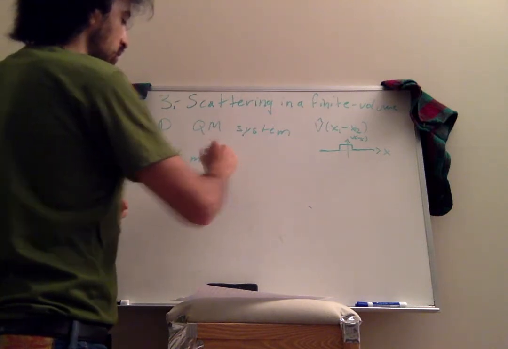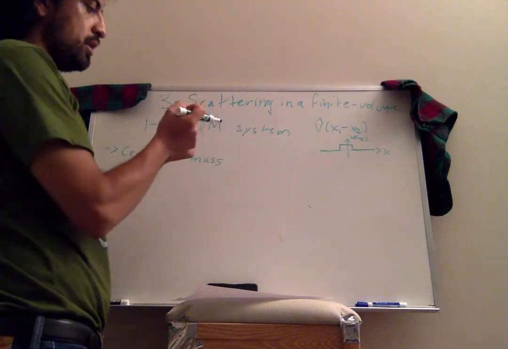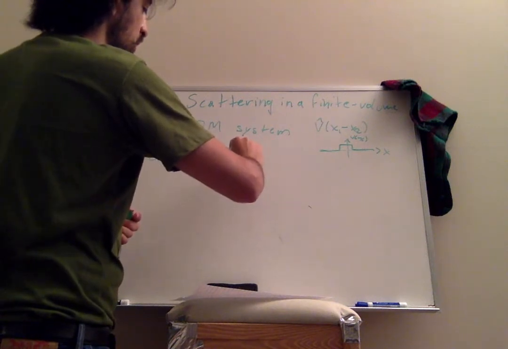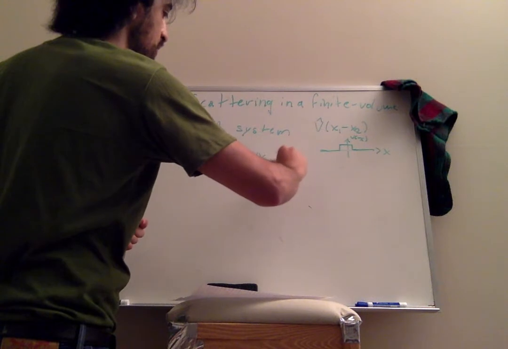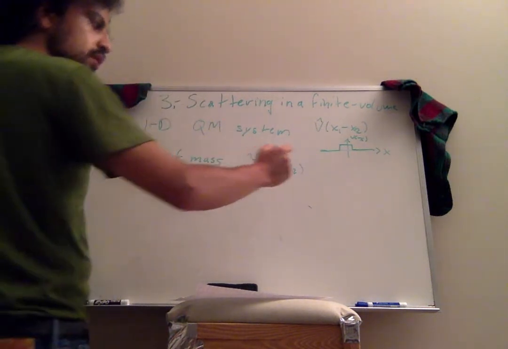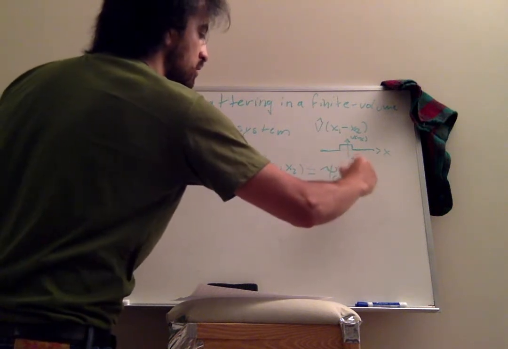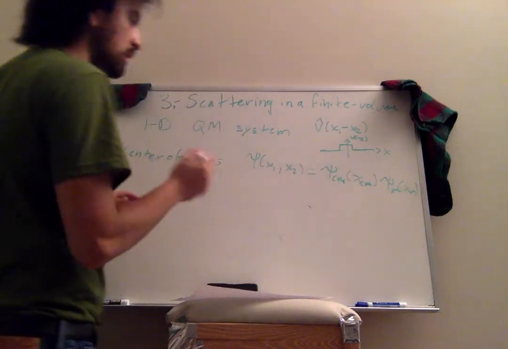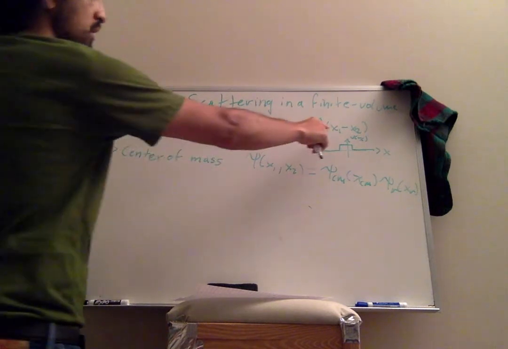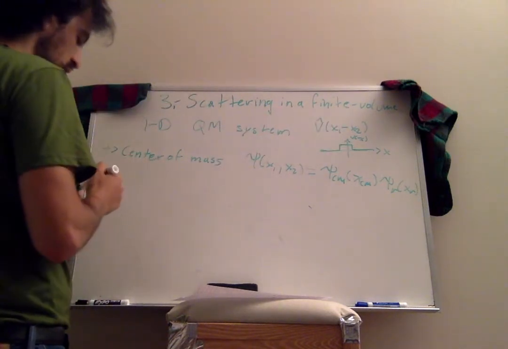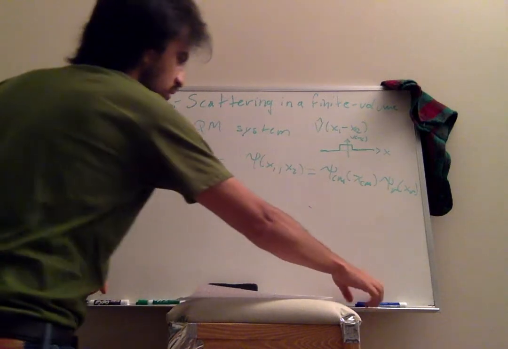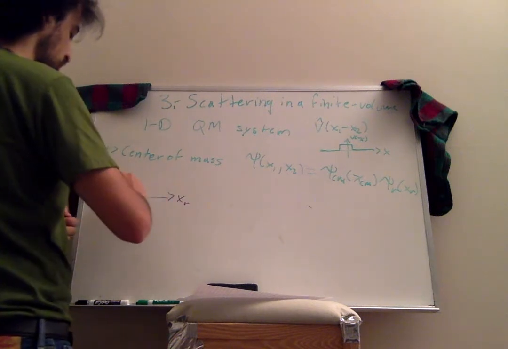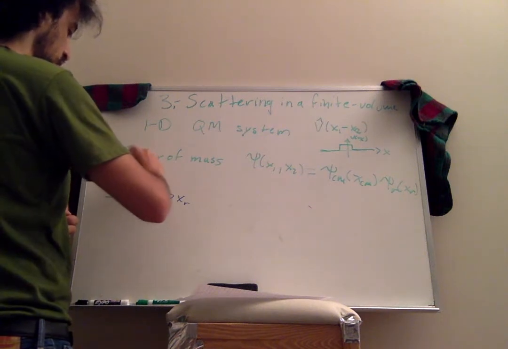and then the wave function factorizes into the movement of the center of mass and the relative movement of the two particles. So there's going to be the total wave function that depends on each of the particles. That's going to get factorized into the center of mass movement and then the relative movement. This relative movement is of course dependent on the difference between x2 and x1. So if you think about that wave function, if this is xr, and let's say the potential is here,